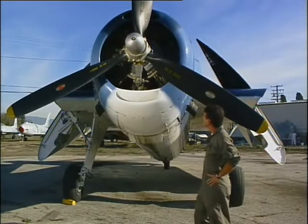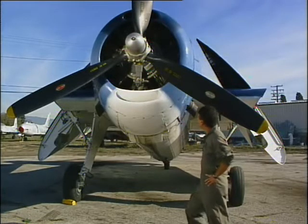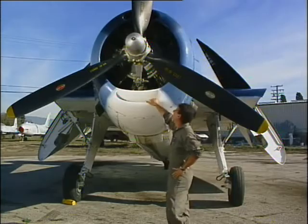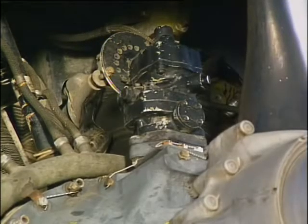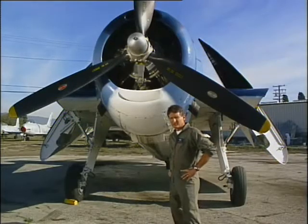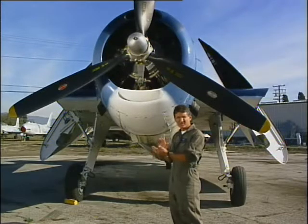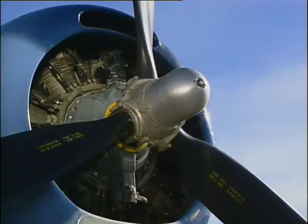On our pre-flight, we're looking at the general condition of the engine, and we're looking for oil leaks, inspecting the inlet for the oil cooler, the inlet for the carburetor duct on top, the propeller governor located on top, and the propeller for leaks. Another thing we're looking for is the cylinder heads and the barrels where they join together. We're looking for oil leaks there because